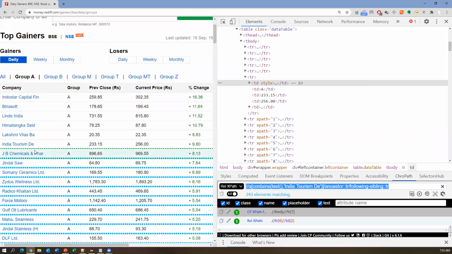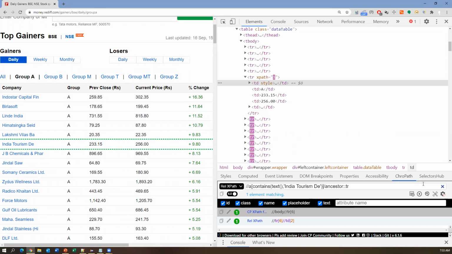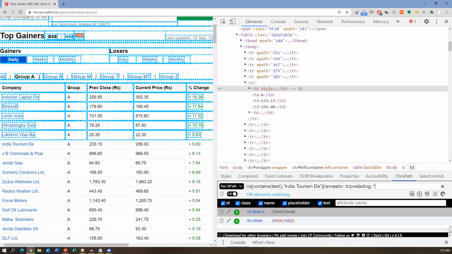So now let us capture preceding elements and preceding sibling elements, both. Here let me write the XPath. First let us go to the ancestor node, so till here, and we are in the TR ancestor node. From there I'm using preceding::*. Star will just give you a number, how many preceding nodes we have. So in total 190 preceding nodes.